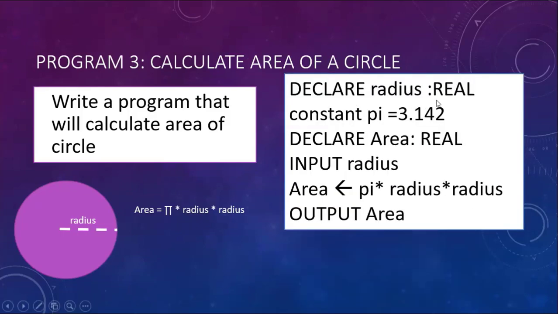The program is: declare radius, real. Declare a constant pi. Declare area. We input a radius, then do a computation, and then output area. That's it for sequence. Now let's look at some